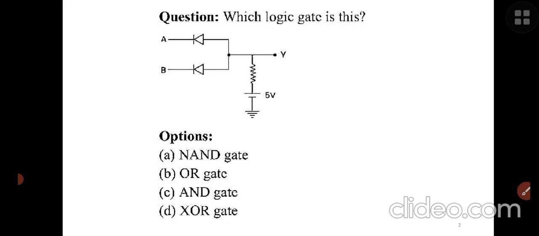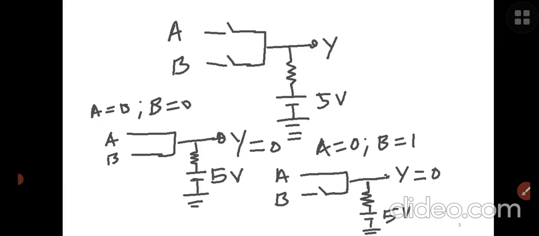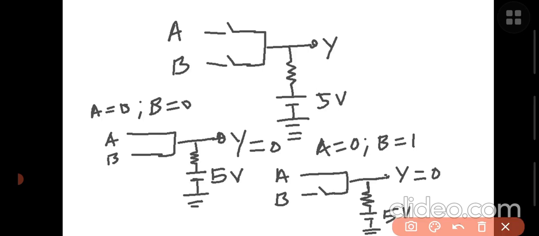Which logic gate is this? Options: NAND gate, OR gate, AND gate, XOR gate. Let's find the answer. When A is equal to 0, B is equal to 0 means